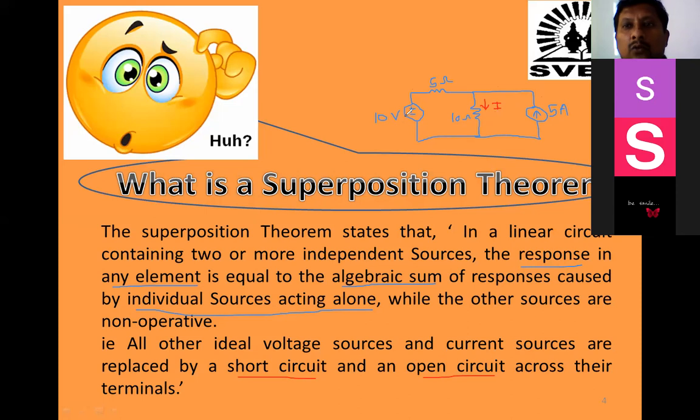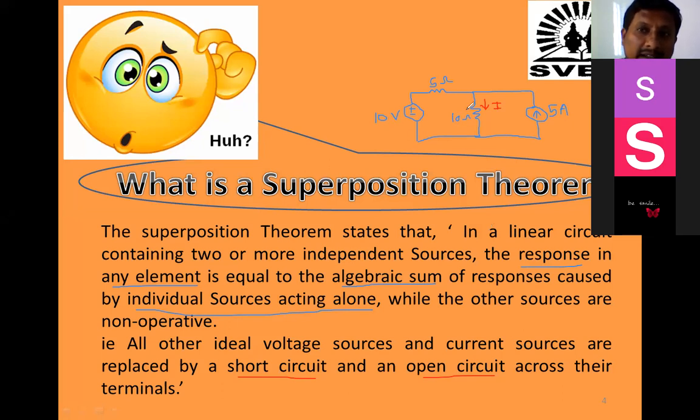Now next, we have to keep 5 ampere current source as it is. मग या 5 ampere current source मुळे किती current flow व्हायला लागले, that we have to calculate. At that time, what we have to do, this 10 volt, replaced by short circuit. Yes, so we should replace that 10 volt by short circuit. Are you getting my point?